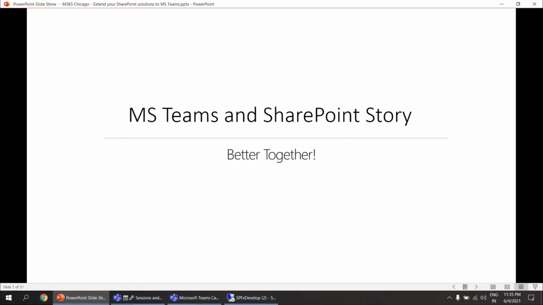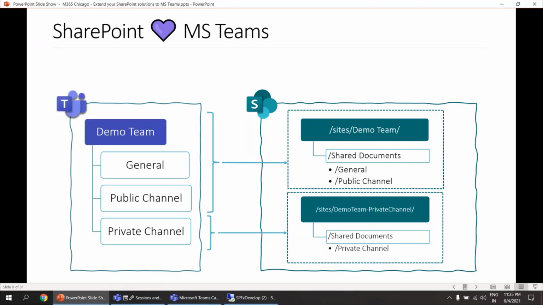So let's come to the first point, the Microsoft Teams and SharePoint story. I know this is very basic and everyone knows about this. However, I still wanted to keep this slide ahead of our discussion. Just as a starting point, what happens is whenever we create any